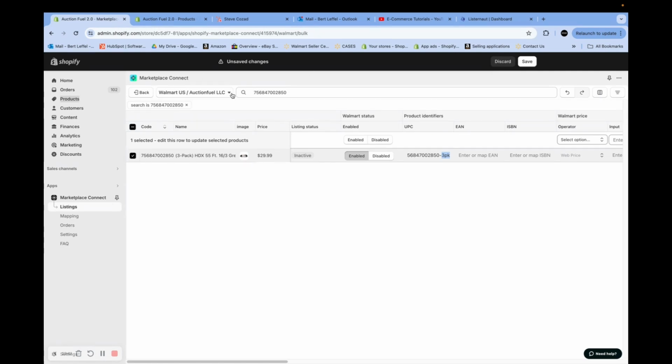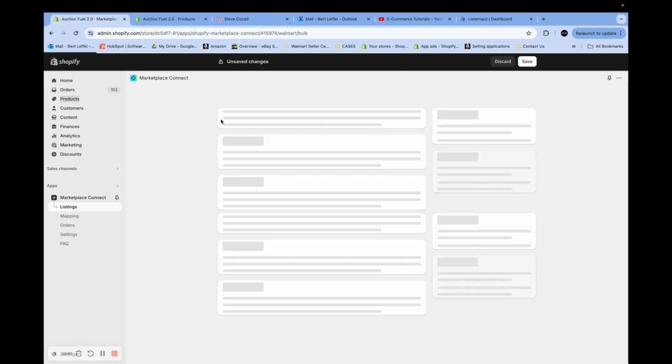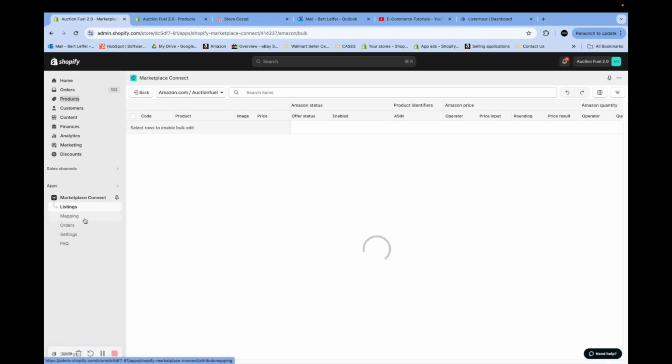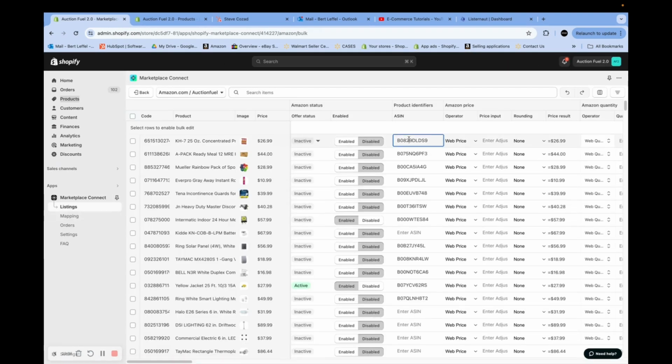On Amazon, if you do have a unique SKU, you can find that exact product and then come back in here and plug in the ASIN to override any failures. So if you have a unique UPC with dash 3-pack, for example, if you find that product by the UPC on Amazon, you'll just come back in, plug in the ASIN, and then it will sync. So those are some tips and tricks to using Marketplace Connect via Shopify to launch all of your products direct to Amazon, Walmart,